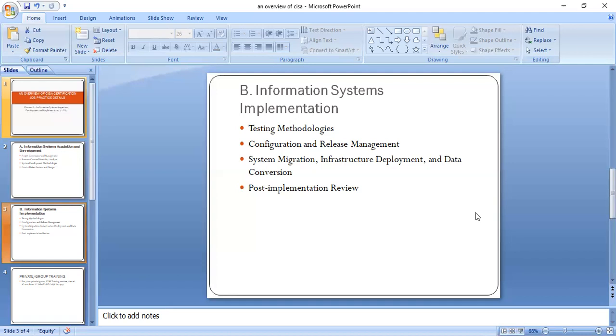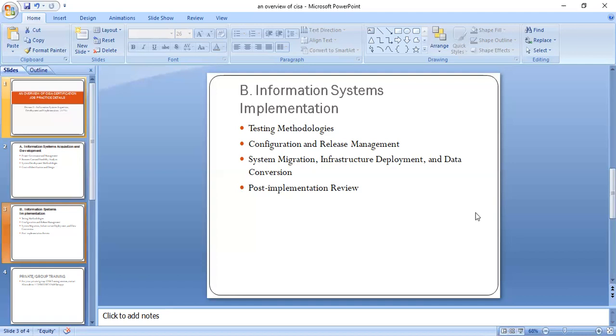Parallel changeover, the old system and the new system are running concurrently. Phased changeover, we are introducing the new system gradually, module by module. Then direct changeover, on Monday we're using system A, on Tuesday we start using system B. So of course the risk is high.